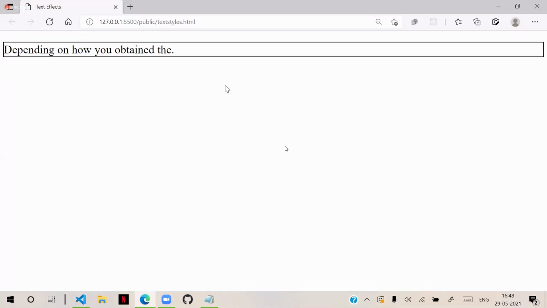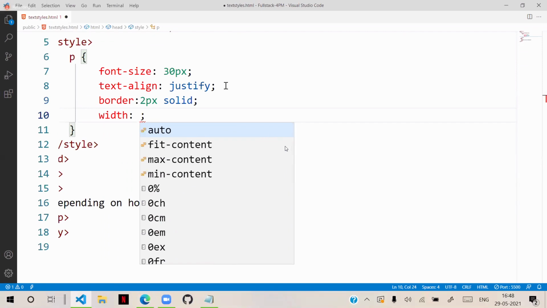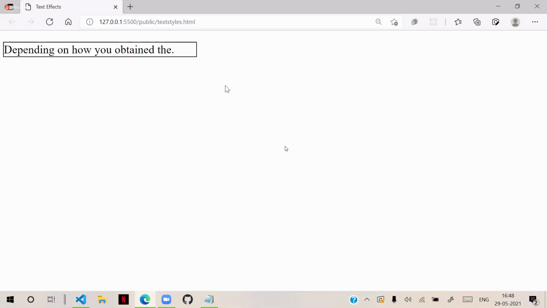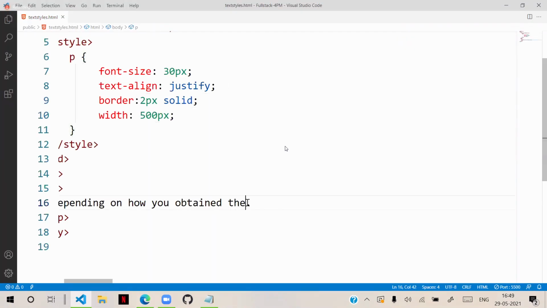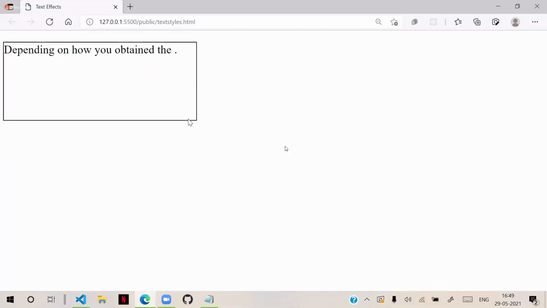That is the paragraph we are having. And the width is some 500 pixels. Okay, that is the paragraph. Now, generally, in this paragraph, the right side length is there, and the height also 200 pixels, like this.